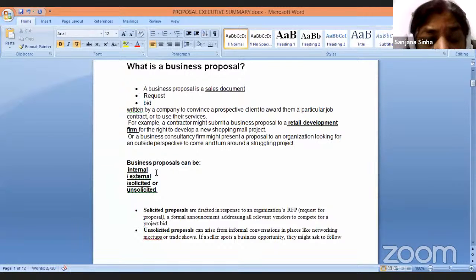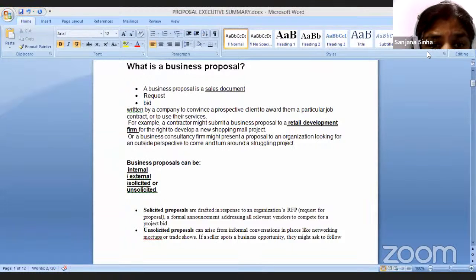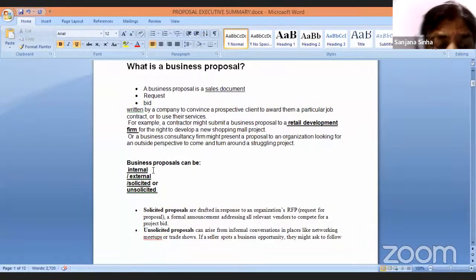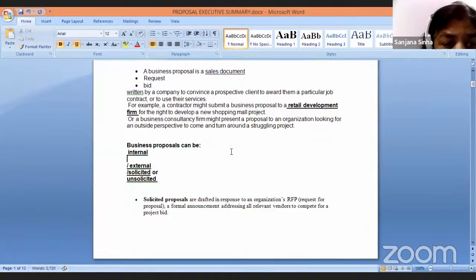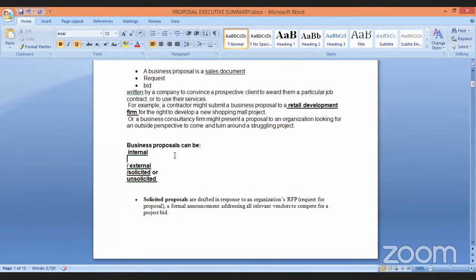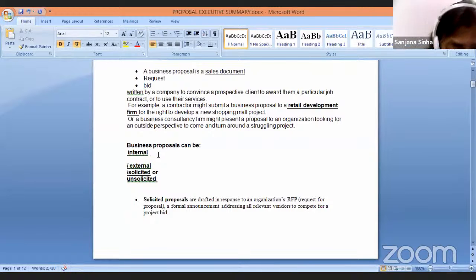Internal proposal can be any proposal, any request given within the organization, company के अंदर. If I am working in CIMAGE College, I can give an internal proposal. For example, I can give an internal proposal for business proposal. I can give a proposal to teach you spoken English